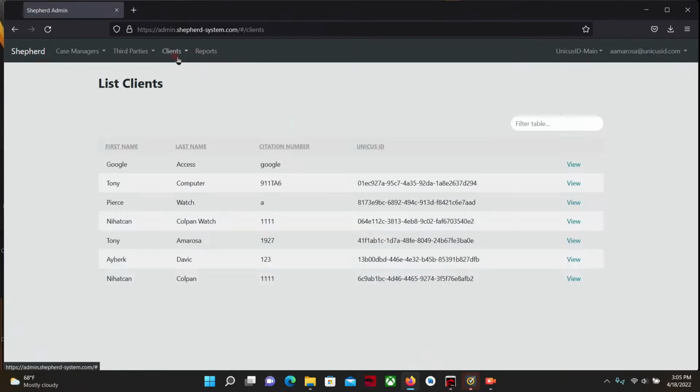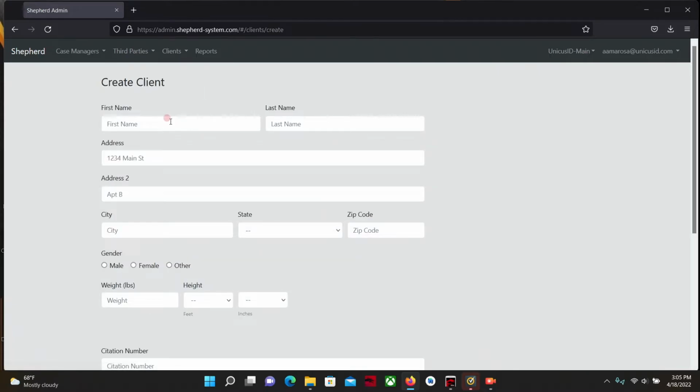Alright, and then we're going to create a client. So creating a client is quite simple. You have first name, last name, address, city, state, zip code, and then we're going to go to the gender, male, female, or other, weight and height,